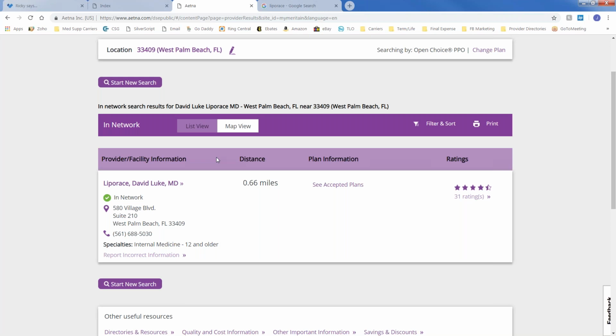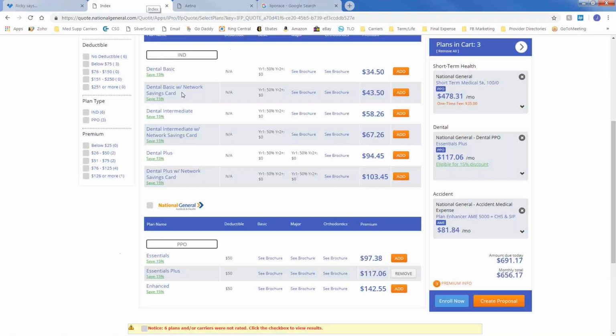So you would absolutely want to go see doctors in the network. It makes the most sense. If you don't, you would just pay their fees. Their fees would count towards your deductible. You just would pay lesser fees if the doctor's in the network. So in this particular example, if I was the client, this would be a wonderful, great recommendation. You would be doing the right thing by the client. You would be saving the client a tremendous amount of money. And the best part is there's no federal mandate next year to having minimal essential health insurance coverage. So they wouldn't even be penalized. So everybody wins in this situation.